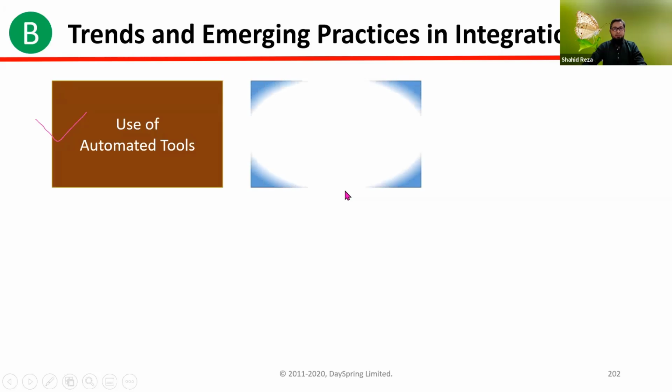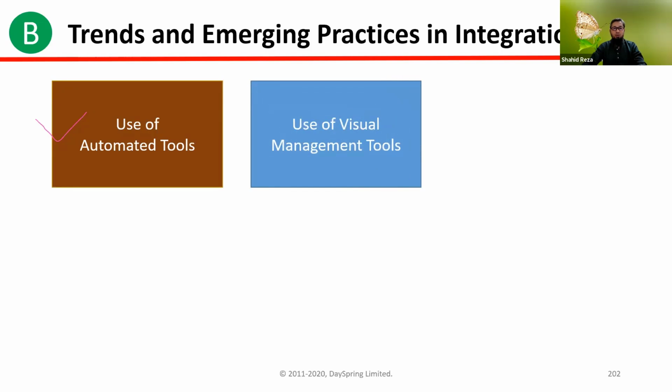Second trend is the use of visual management tools, which is very important. We now use different kinds of visual management tools. That can be a normal task board, or a whiteboard where you mention the progress or activities of the projects, or you can use any software like